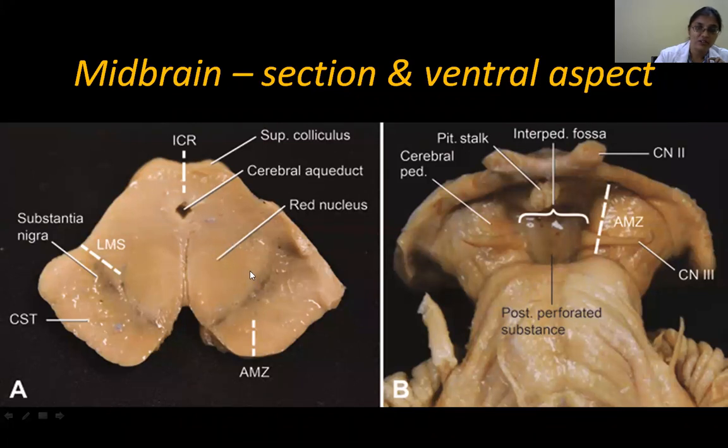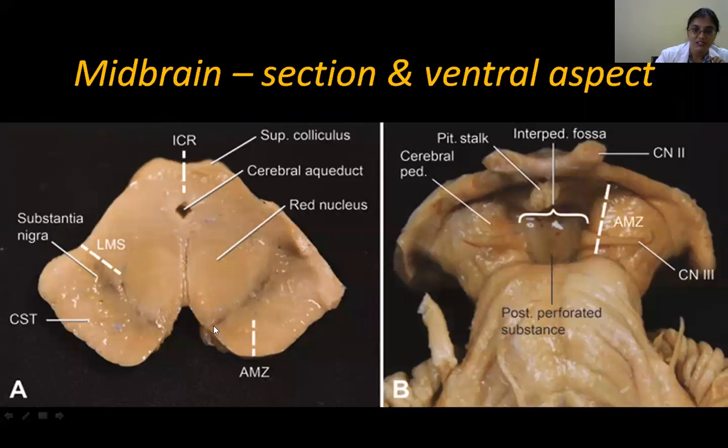And here you have the red nucleus part. This is the substantia nigra. This is the crus cerebri. So whatever nerve fibers are coming from the cortex to your spinal cord or brainstem will be occupying this place in the midbrain. This is the periaqueductal gray matter, with the location of the oculomotor nuclear complex. These are the cerebral peduncles, where the nerve fibers from the cerebrum are just coming. And this is the ventral aspect of the brainstem, that means this side you're seeing. You can see the cerebral peduncles, and this is your oculomotor nerve.